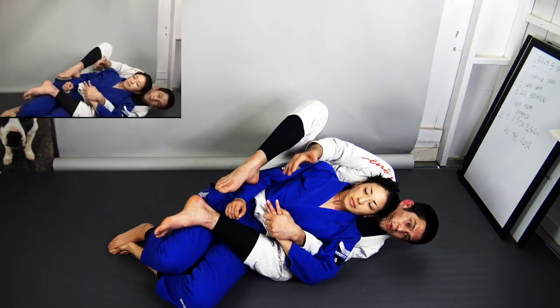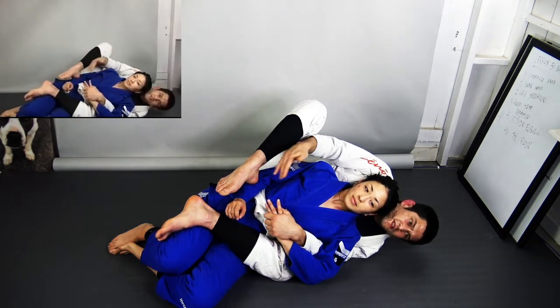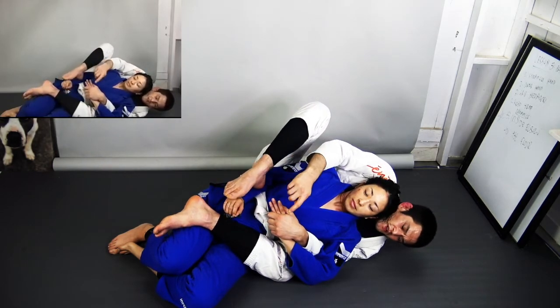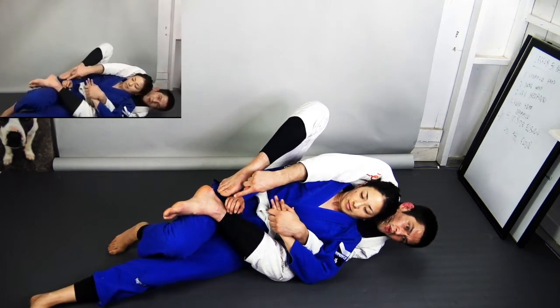There will be instances where you can cut out half of these steps. There's going to be instances where you've got to revisit some of these steps a second or third time as the person on offense manages to catch up with you. Okay, so let's say, for example, that Emmy straightens out her left leg and starts using her right knee